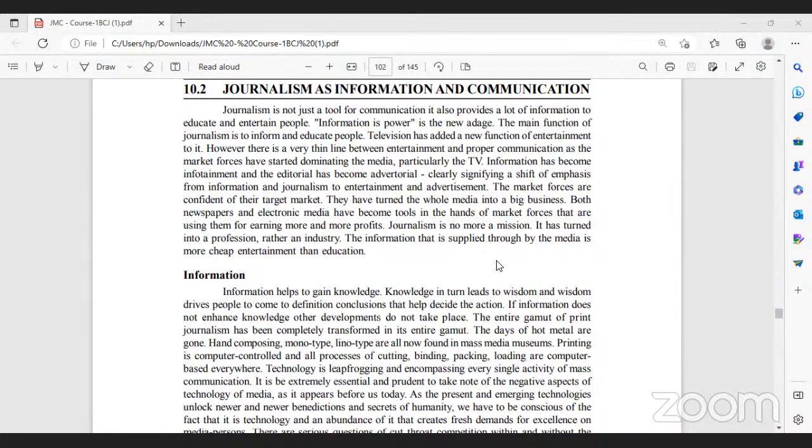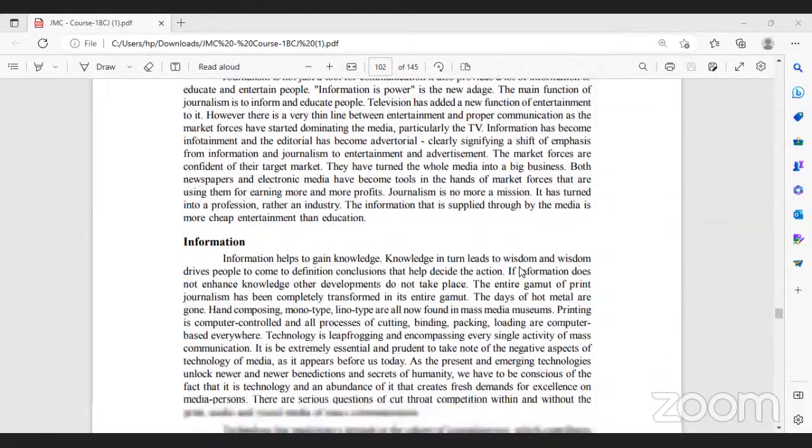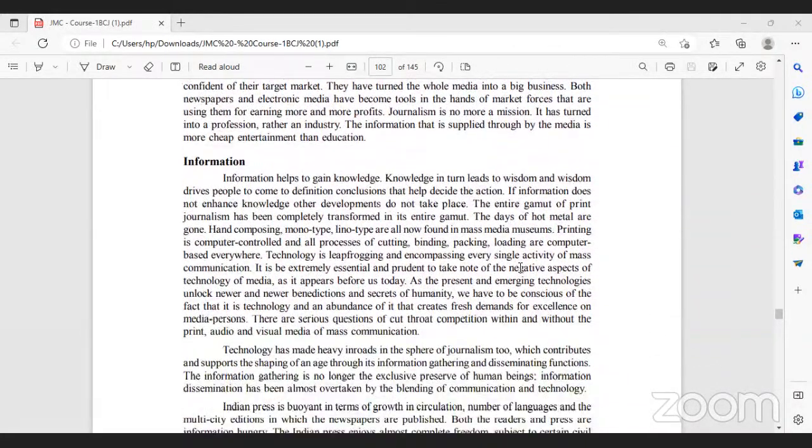Now, in this era, we see that information is power. The main function of journalism is to inform and educate the people. Why are we talking about information? Because information helps to gain knowledge, which leads to wisdom, which drives people to come to a conclusion and helps them to take a proper decision. So if information does not enhance knowledge, and therefore we don't have